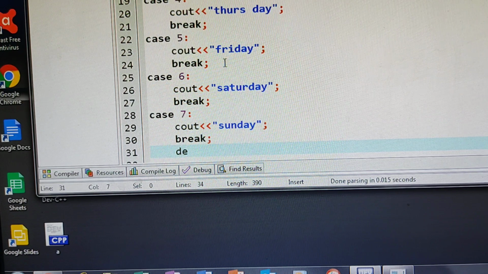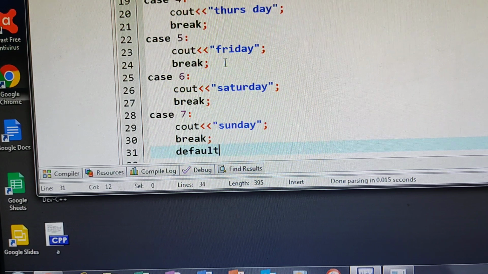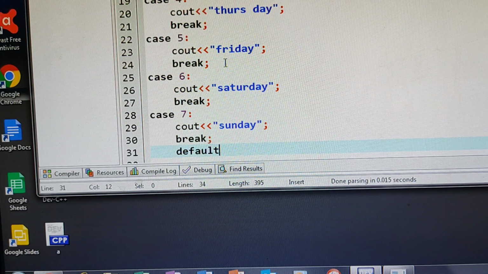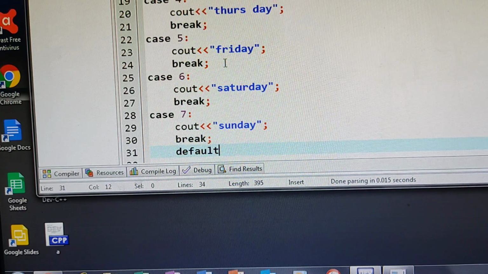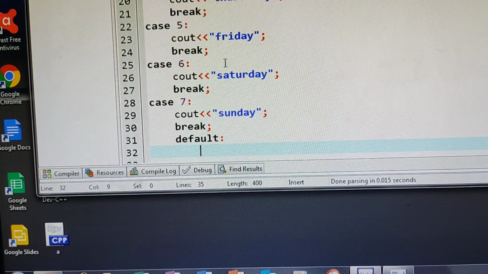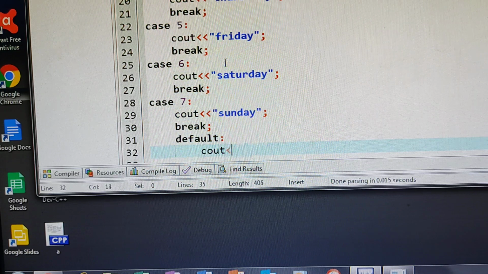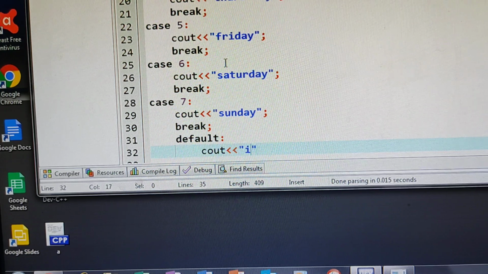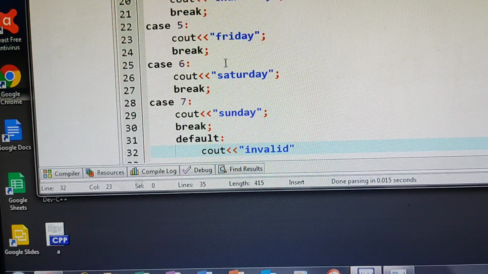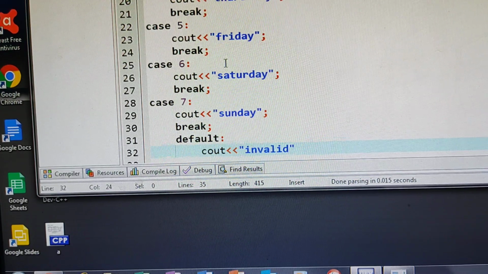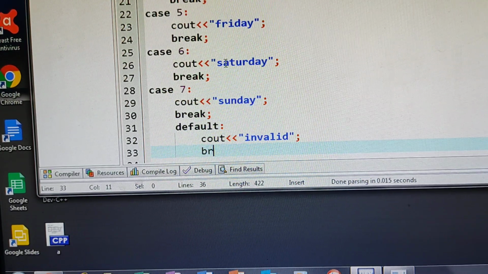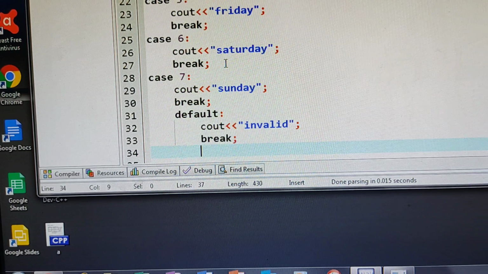Then in that case we will use a default. So what is the use of the default actually? When the case number the user has given is wrong, then we will go for the default. In default I want to give cout invalid. This also should end with the semicolon.